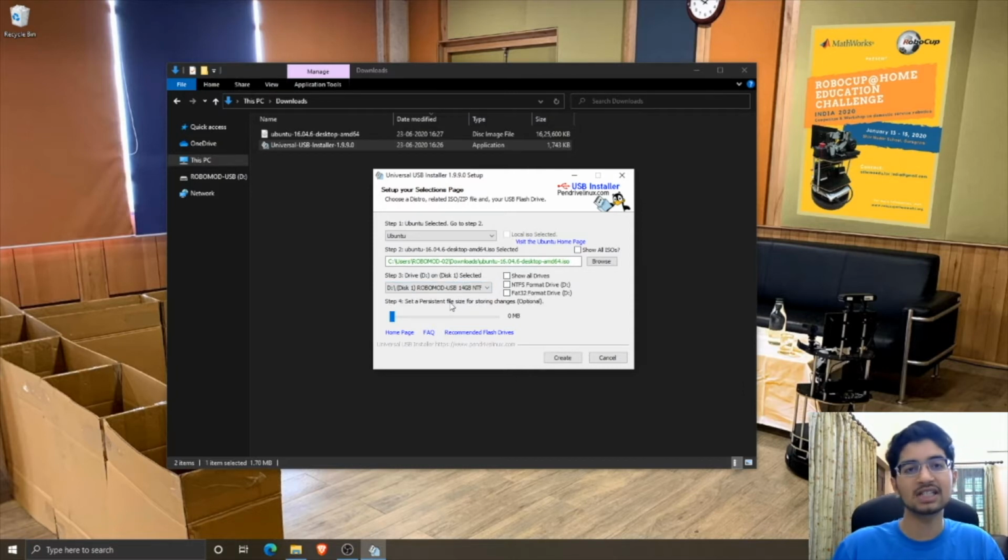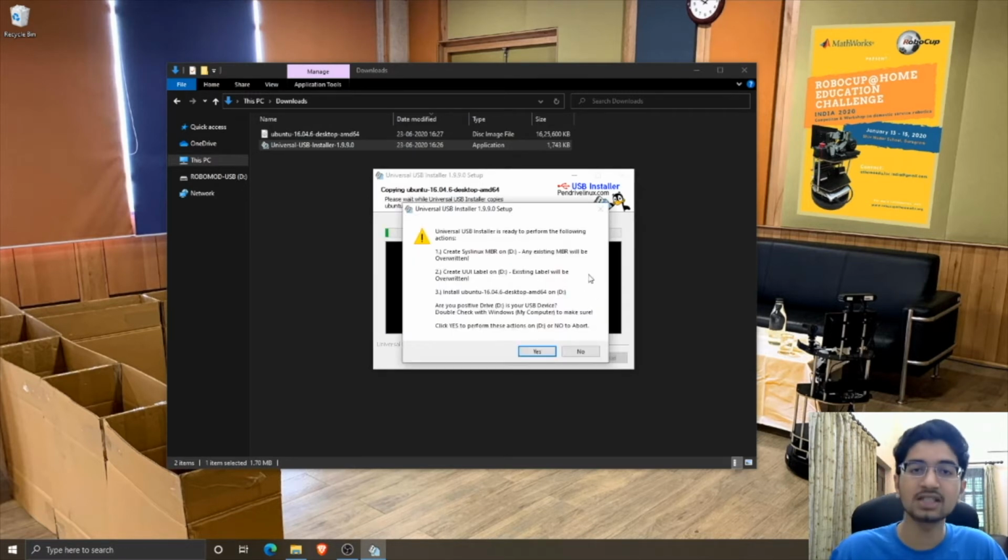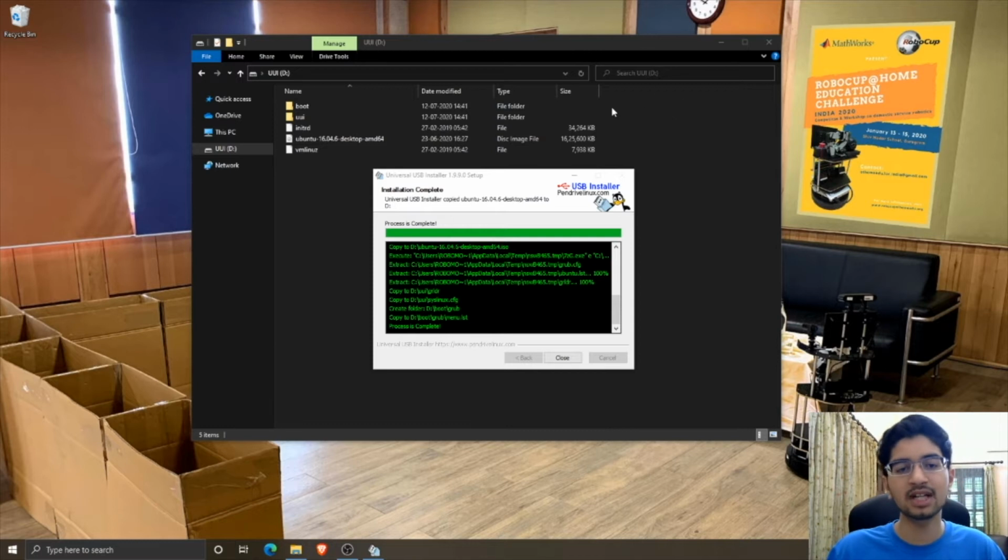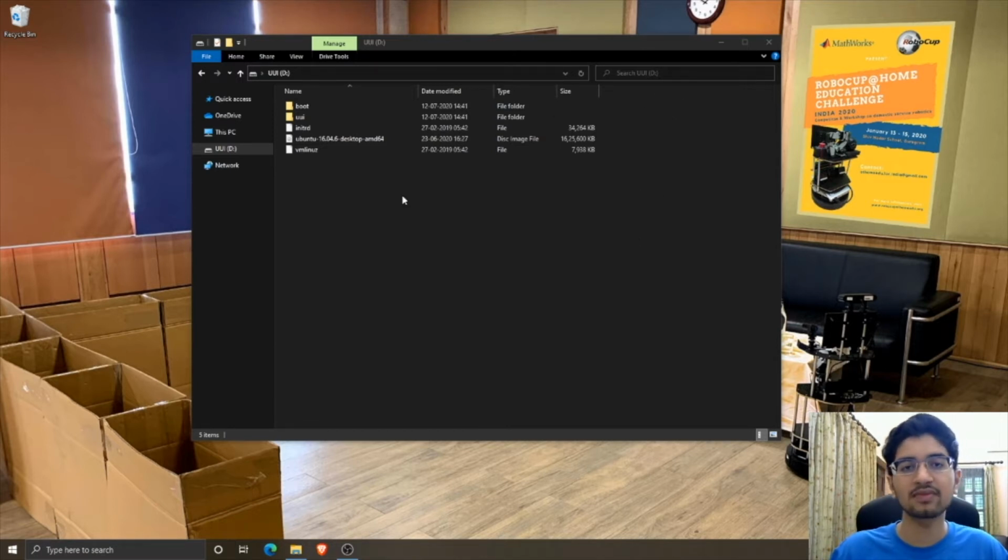Make sure that you actually select your USB drive and not your hard drive because then that will be very problematic. So make sure it's only your USB drive that's being selected over here. And then we can just go ahead and press create. It will just prompt you of all the actions that it's going to perform. You can just press yes. Now that that is complete, we should see this window and then we can press close. When we open the drive, we should see that it's called UUI with the following contents. This means that the bootable drive has been created successfully.